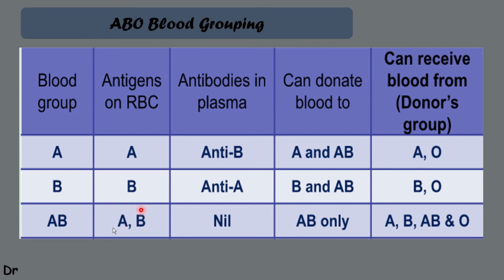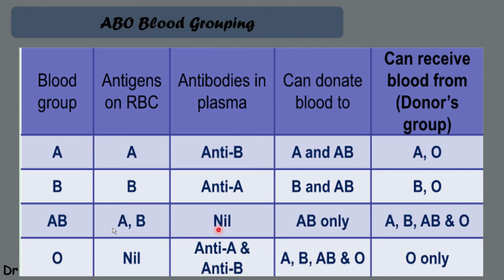So we know that A blood group has B antibodies, B blood group has A antibodies, and O blood group has both antibodies. So AB is not given to any blood group, only to AB blood group. Well, can receive blood from: as no antibodies are there, no soldiers are present in blood group AB. For example, my blood group is AB. I don't have any soldier to kill the enemy. So each and every antigen is welcome. No chances of complications. So A is also welcome, B is also welcome, AB is also there, O is also there, because there are no ready-made antibodies.